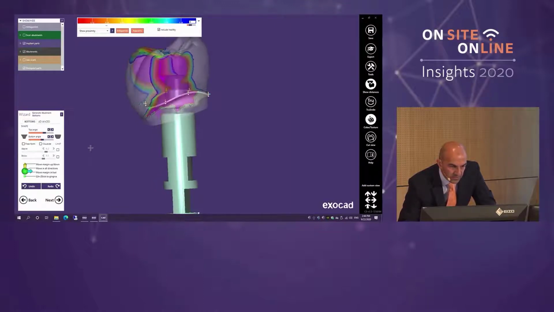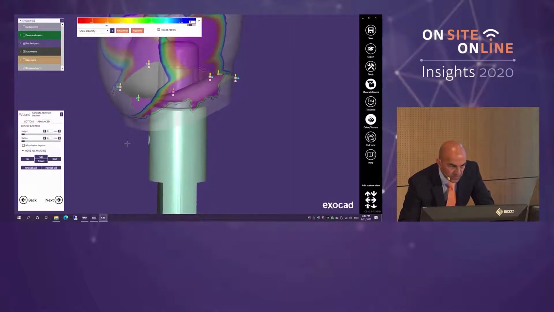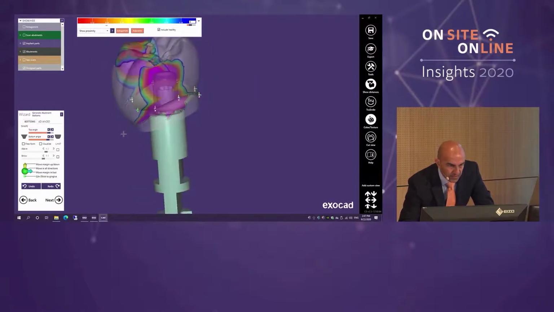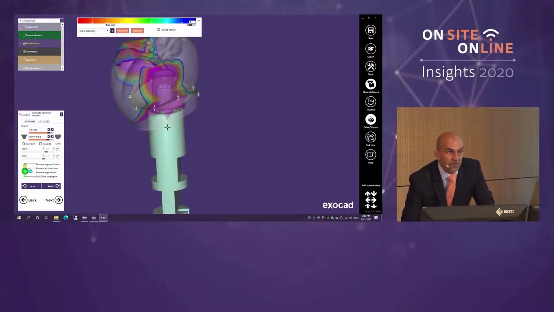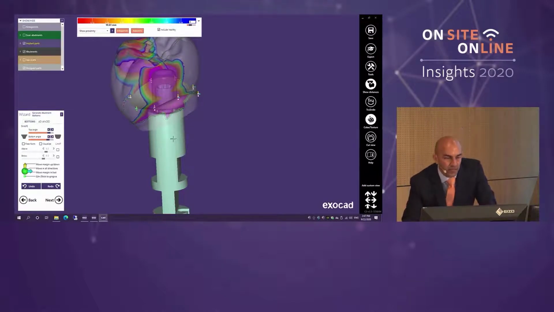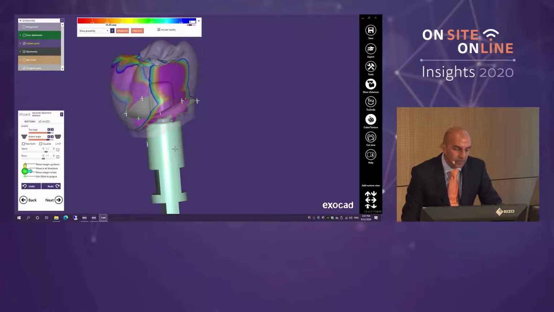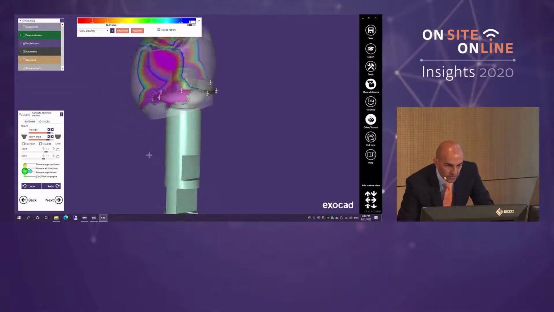You may be able to see that if I zoom in, the base of the abutment can be more concave or convex depending on how you would like it to be. We can take away that transition line, so it's a very, very smooth transition, and we can make a multitude of changes here to make this an absolutely customized abutment base for your particular patient. That's why it's important that when you're scanning, you pick up the scan data of the soft tissue and not just the scan body itself, because this way you can decide which way do I want to push the tissues? The tissues may not be fully mature,